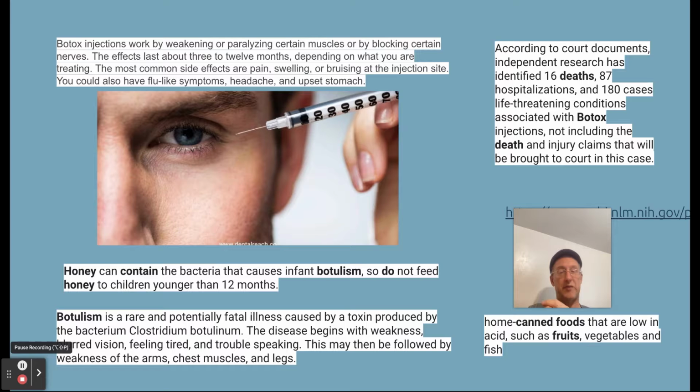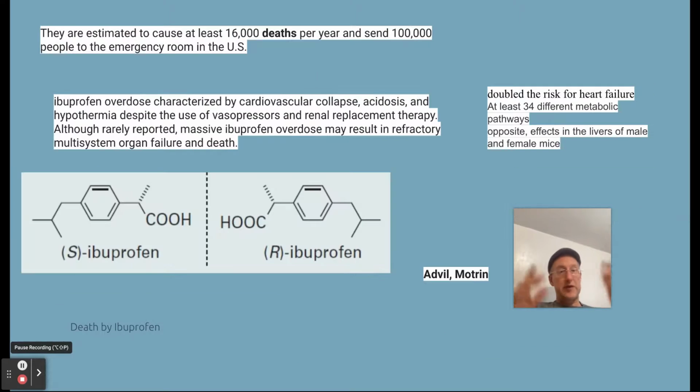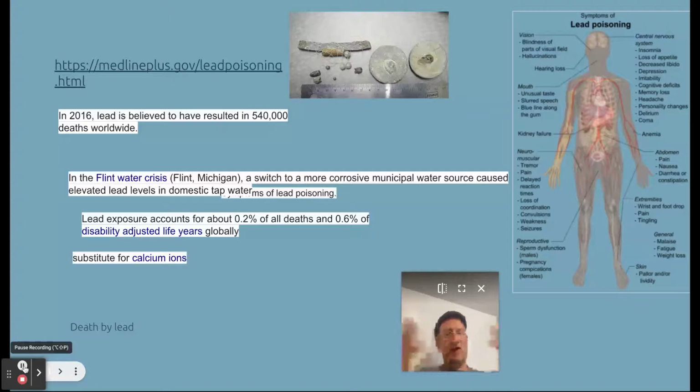And Botox, which of course paralyzes your muscles. People do it for cosmetic purposes. It's also found in honey. Don't give honey to little kids, because it can have botulism in it. Death by ibuprofen. Advil, Motrin can be very toxic to your liver in large doses, also can kill you. And also lead. It can bind in your body, lock out carbon, and kill you. Try to avoid